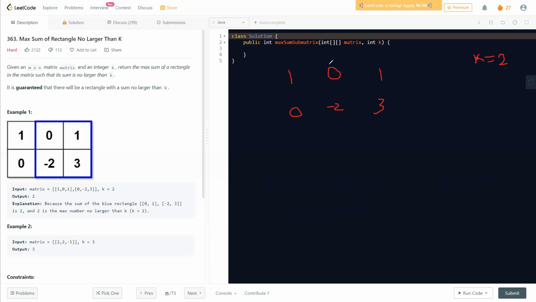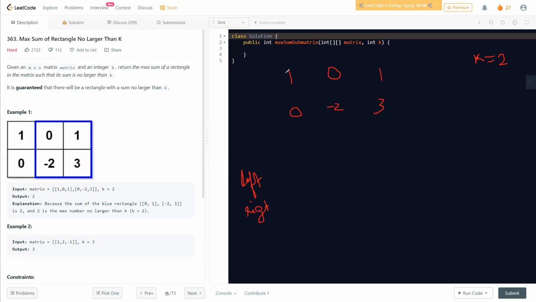Now what will be our approach to find these questions? We'll first take 2 pointers over here. Fine. What do the 2 pointers do? The 2 pointers will be one is left, the other one is right. So left and right are basically storing the indexes, the particular columns we are